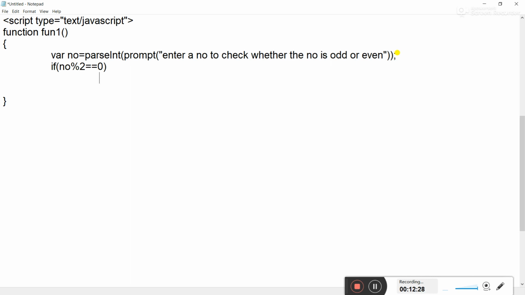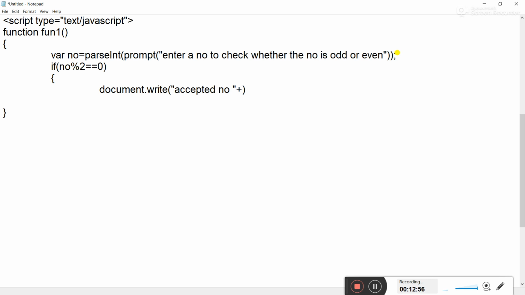So we will write here document.write, the accepted number. What is the accepted number?